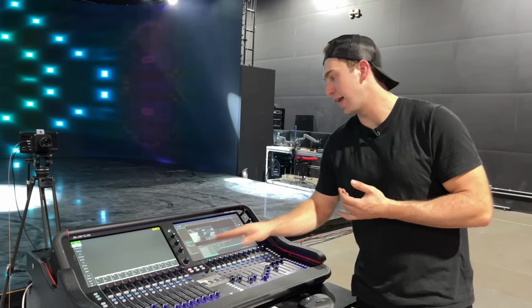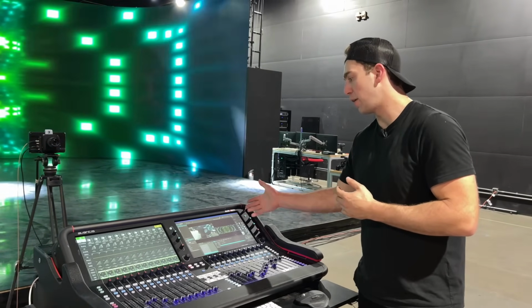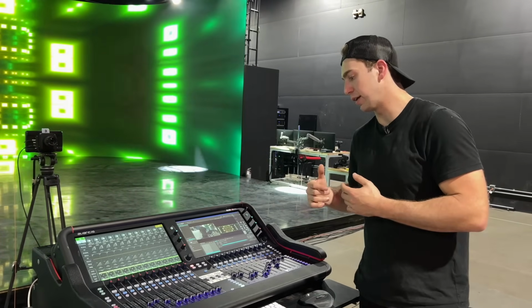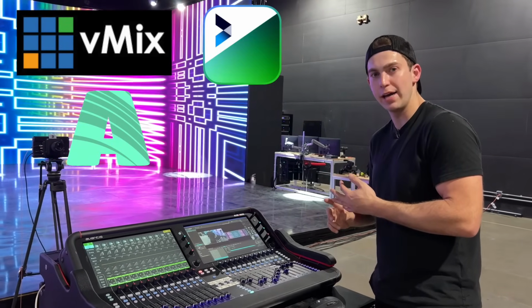If I want to do a half and half with audio, I could have QLab or Shure Wireless Workbench or whatever I want up on this screen while running my Advantis software over here. And same for video. If I wanted to run vMix on a PC into this system, like Titler Live or MIDI,